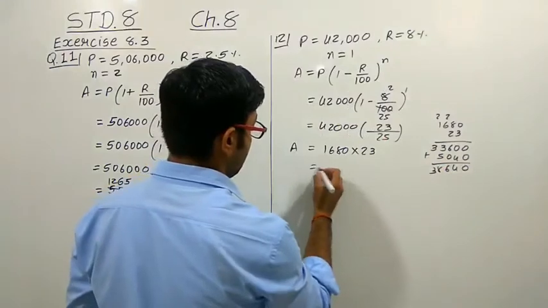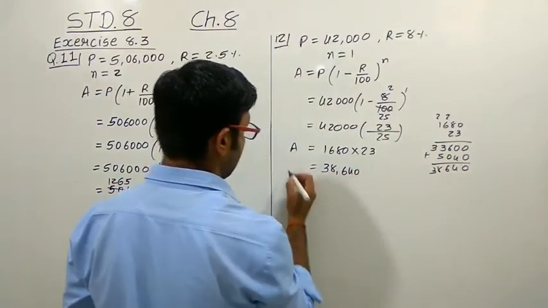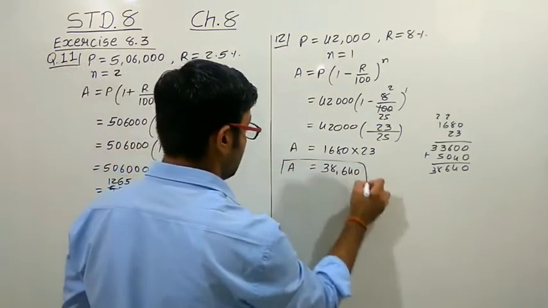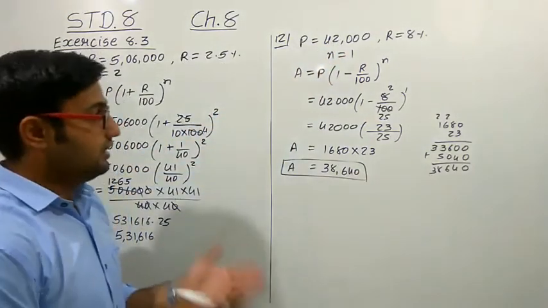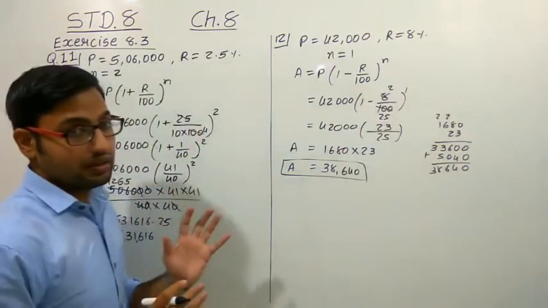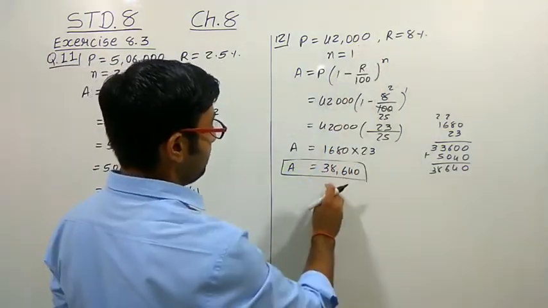So this is the amount we are getting, 38,640. So if there is a scooter with the price 42,000 and its value is getting depreciated by 8% per year, then after 1 year the value of the scooter will become